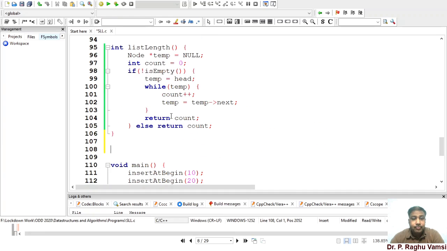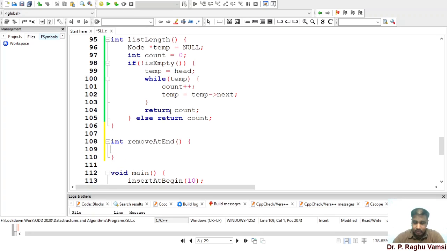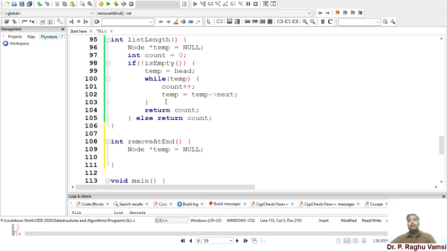Find the remove at end. Remove at end. The same procedure: node star temp is equal to null. Now, how long do we need to traverse?